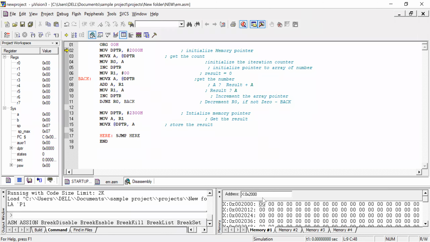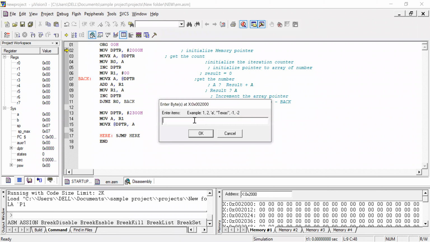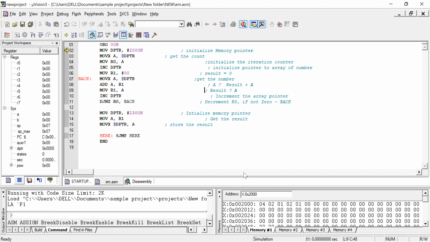So here is the input data which I'm going to place. At the first location 2000, I'll be having a counter that is 4. Then I'll take 4 data, 2121. So this is my data, 2121. The answer is 6.